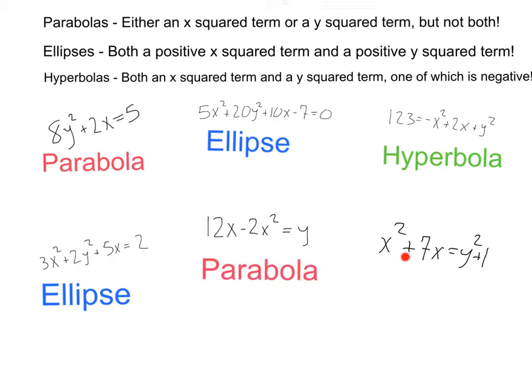I want you to think about this. x squared plus 7x equals y squared plus 1. What do you think? All right, at first glance, I see a positive x squared term and a positive y squared term, so I